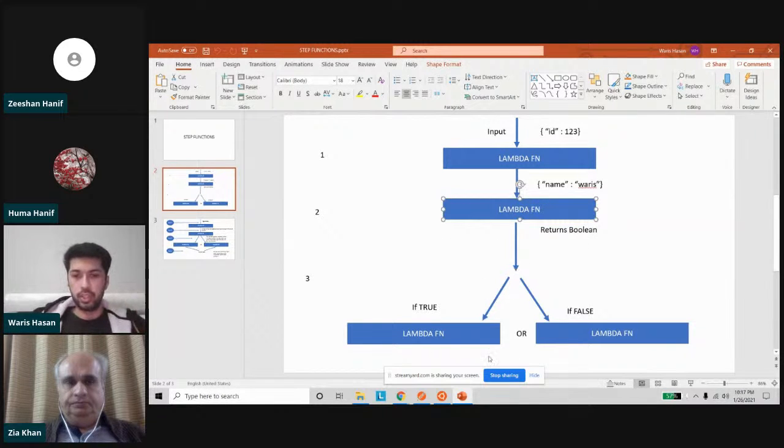So now you can see this step is a bit different. Now we're saying that before passing the return value from the previous step, we want to apply a condition. So let's say that this function returned a Boolean value. Now we're saying that we first want to check if it's true, then we want to take this path and run this lambda function. So if it's true, then the output of this lambda function would go into the input of this lambda function. But if it's false, then the output would go to this lambda function. So we can also